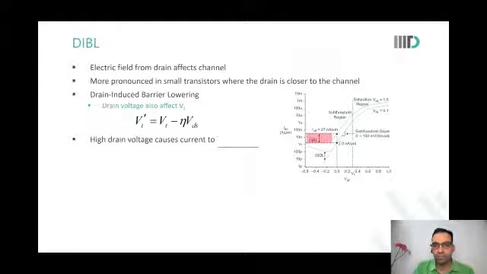So, sir, in short, you're saying that in short channel devices, when there is a change in the voltage on the VD, that changes the depletion at the drain, but that also in effect changes it at the source. So it changes the barrier at the source, and therefore leakage current changes, and that is what is called drain-induced barrier lowering. Okay. So higher drain voltage causes current to increase. And that is what you are seeing in this red region over here.